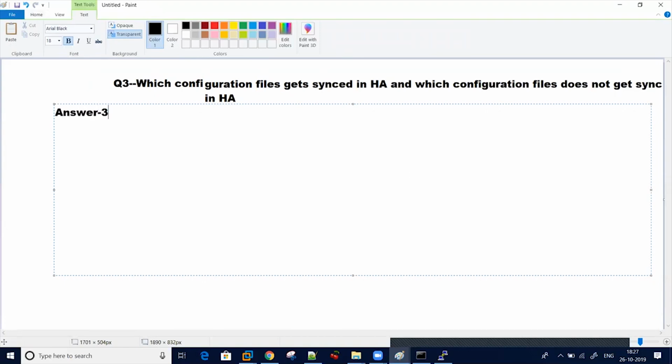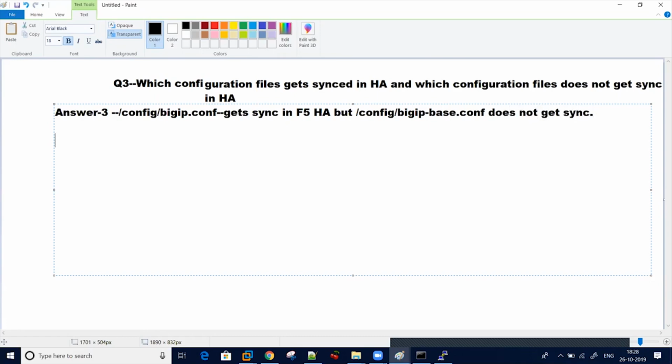The answer for question number 3 would be: your config bigip.conf gets synced in F5 HA, but config bigip_base.conf does not get synced. bigip.conf contains all your virtual servers, profiles, and all settings which are under local traffic.